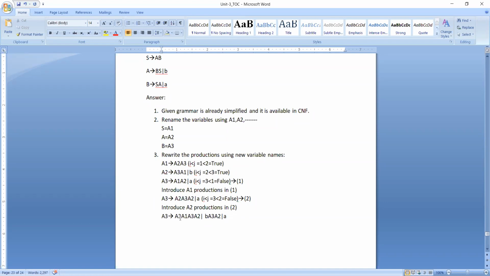Right. Now what actually did we do here? We have introduced A2 productions in A3. What is A2 productions? We have A3, A1 or B. So here we get A3, A1 one time and here we got B. Okay. Now please check whether the condition is becoming true or not.